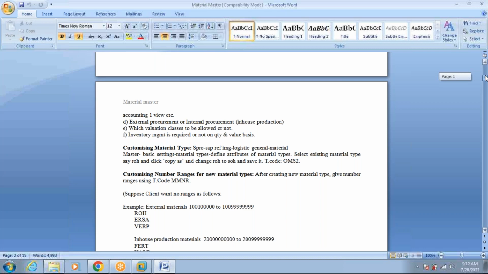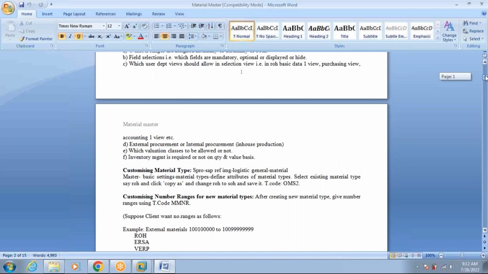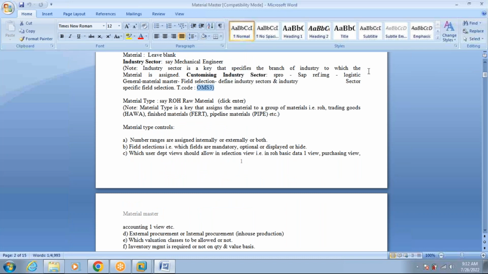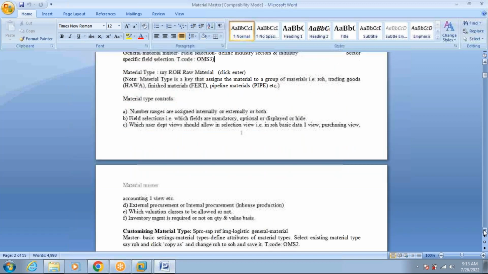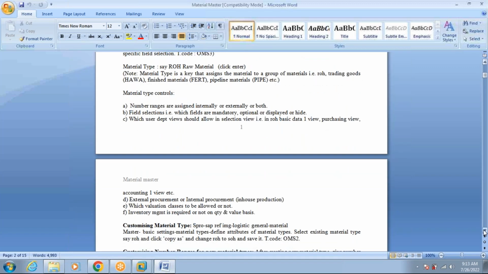So there are two ways: either you go with OMS3 or with the menu path. The menu path means SPRO, SAP Reference IMG, Logistics General, Material Master, Field Selection, Define Industries and Industry Sector. So either you can go with this transaction or with the SPRO path. Now we already configured our new industry sector, coal mine industry, and then we configured it in our earlier class